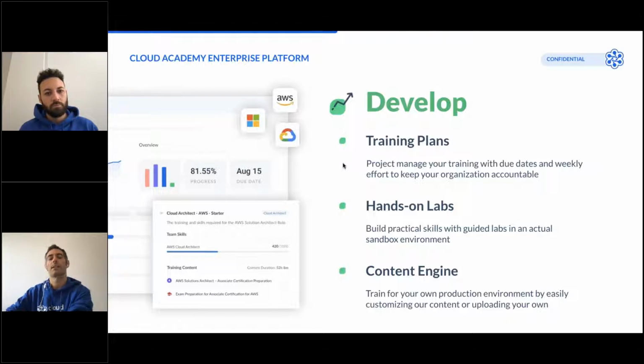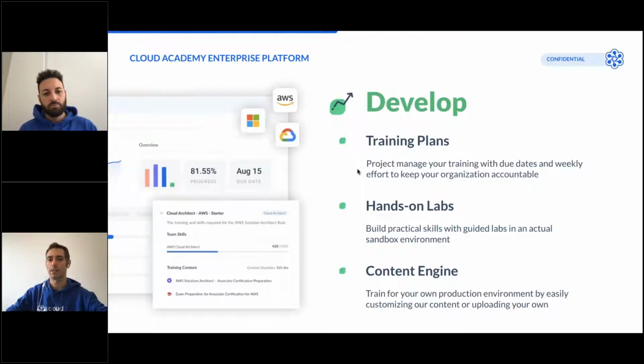There's also an important aspect to underline, which is the fact that we take good care of the practical part. Your users are not just going to consume videos and that's it; we want to make sure that they retain the information that they are studying. One of the ways of doing that is the laboratories. We have several types of laboratories, and I'm going to go into more detail about that. The hands-on labs, for example, are sandbox environments that are guided for people to start learning those skills that in the end they are going to use in a production environment.